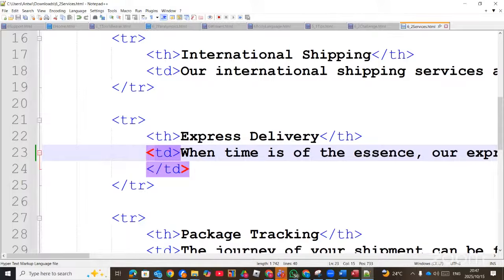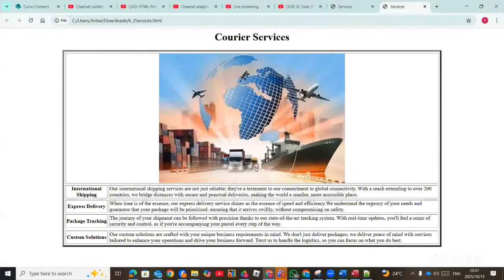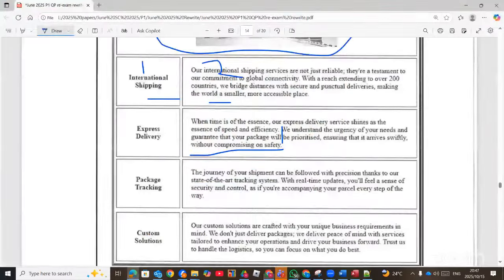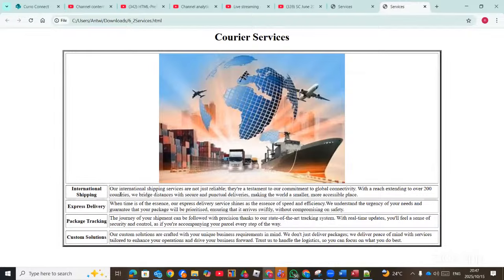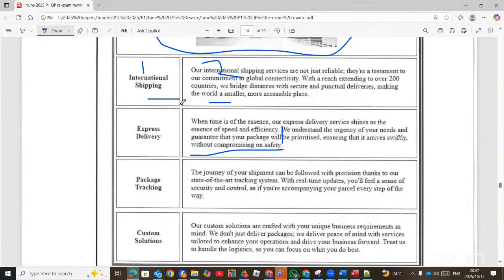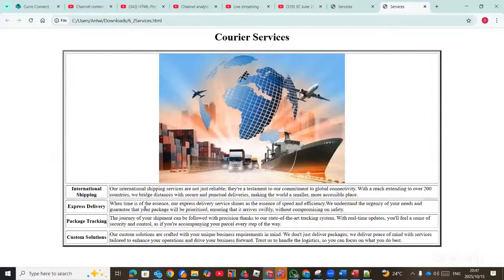So now, yes, we got it right. The image is displaying properly. But the lines are too big, as you can see here. So now we have 1, 2, 3, 4. But then here we have 1, 2, 3, 4. It's also 4. And then the image height and the width are all bigger. So we can also change